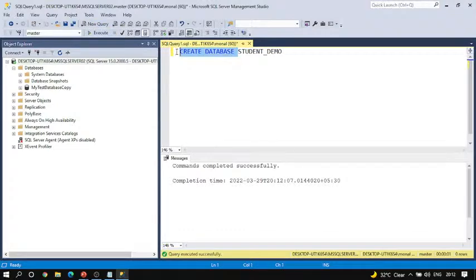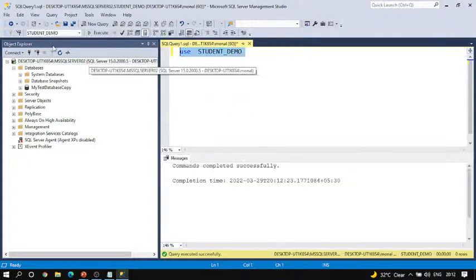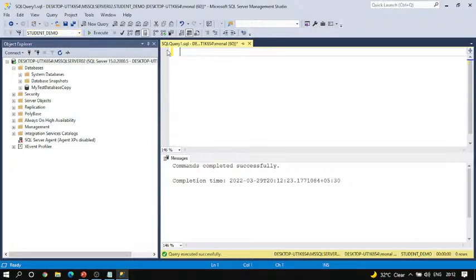Now you are in the master database, and if you want to switch from one database to another database, you have to use a keyword called use and then the database name and execute this command. So you will be switched from the master database to student demo. Now I am in the student demo. To confirm that, you can check the database name here, and even you can confirm from here. Now I will create a table called